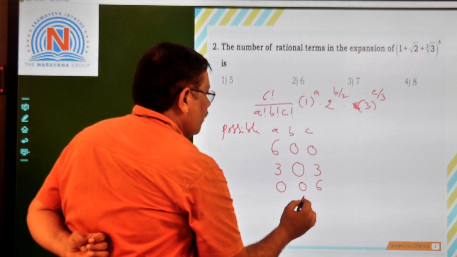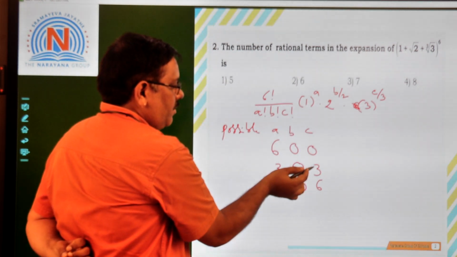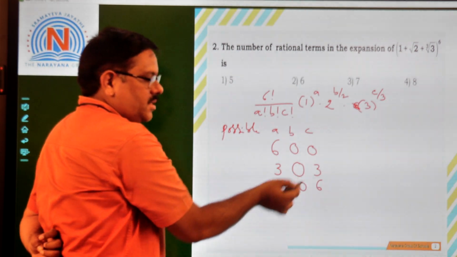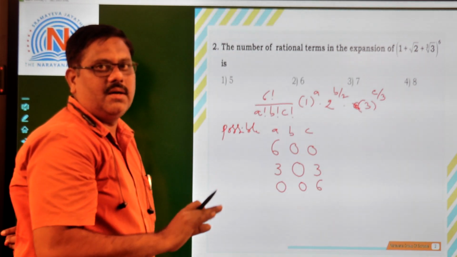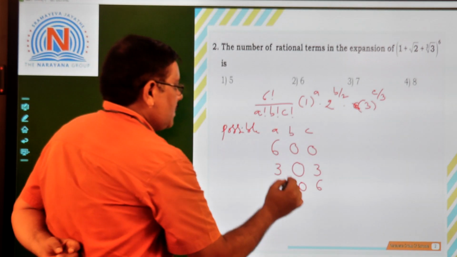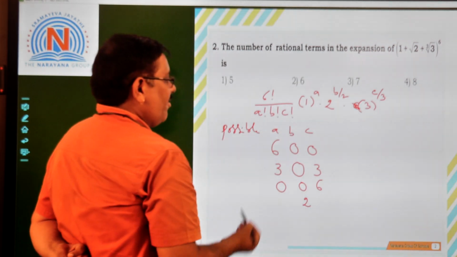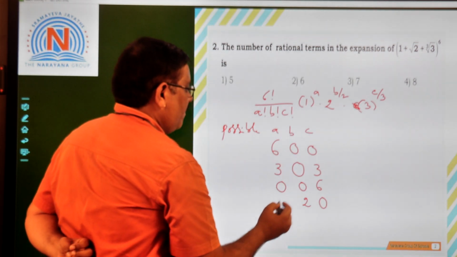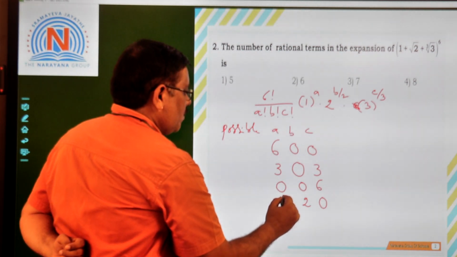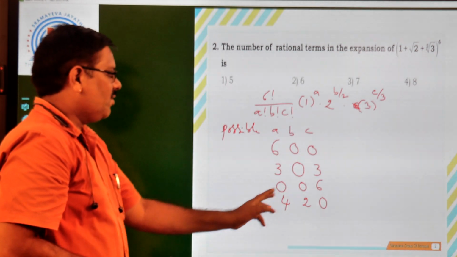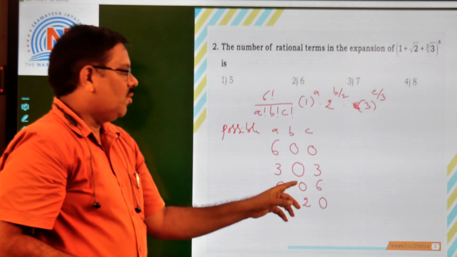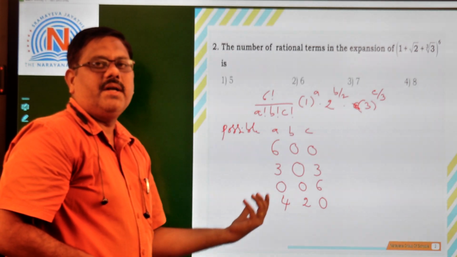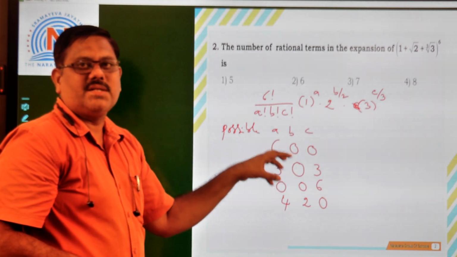Now, there is no other provision here, only multiples of 3 are possible to take here in the case of 6. 0 we have taken, 3 we have taken, 6 we have taken. So that is the end, we cannot take any other values. Now let us take b value as 2. If b is 2, I can take c as 0, yes, it is a multiple of 3, then 2 we have, so a must be 4. a is a leftover value, a can take any value, no issue for a. Only the issue is there for b and c. So we have to take care of b and c. Then automatically a will be adjusted according to the condition a plus b plus c is equal to 6.